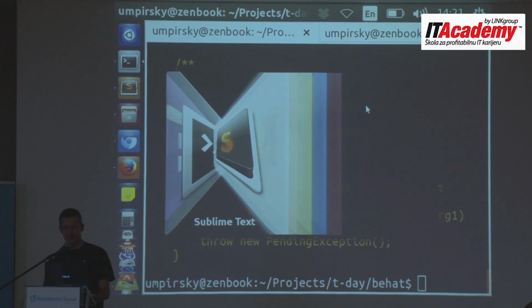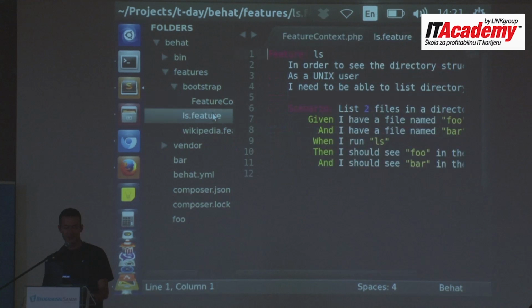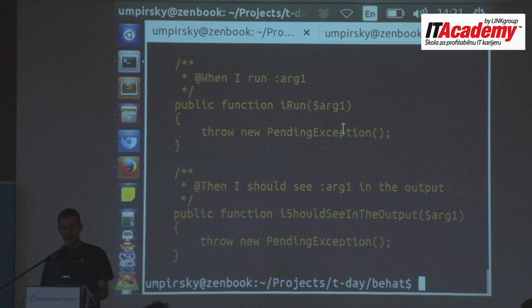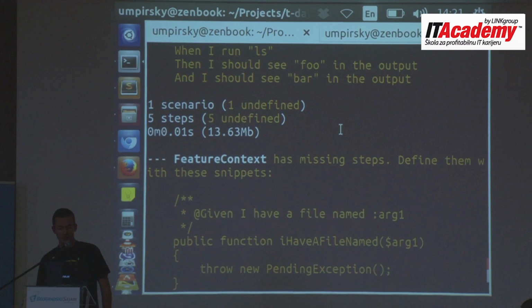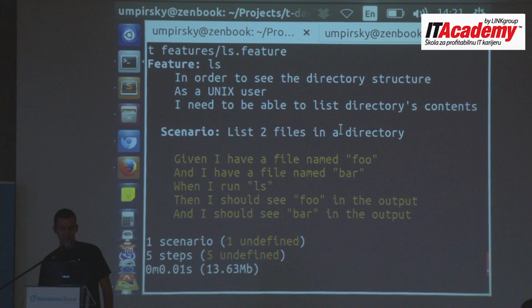This is the file I prepared from the slides, which actually copy-pasted the feature that I just had in slides, so listing 2 files. And when I run it, the Behat will be so nice to print out in yellow the lines that are missing the PHP callbacks.